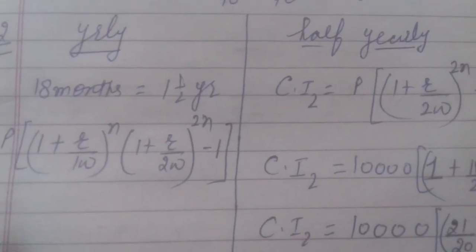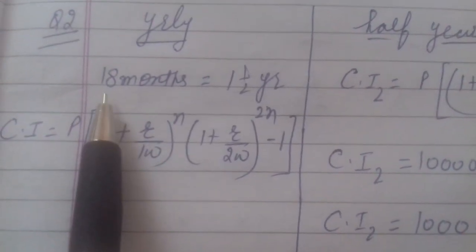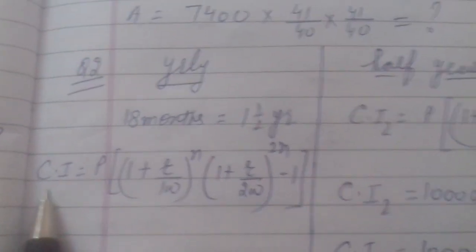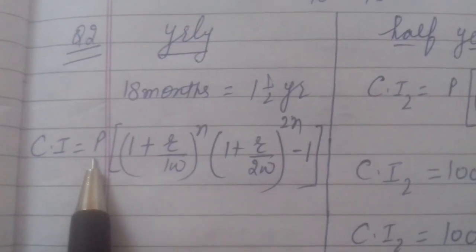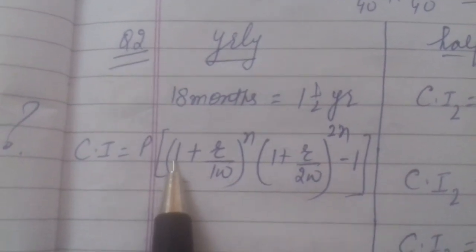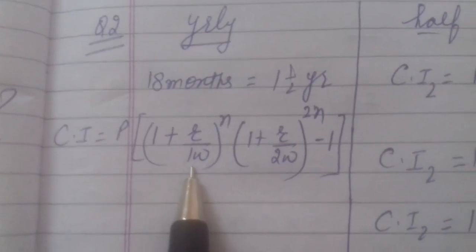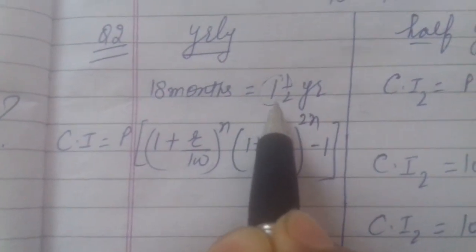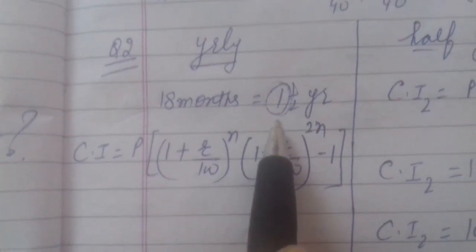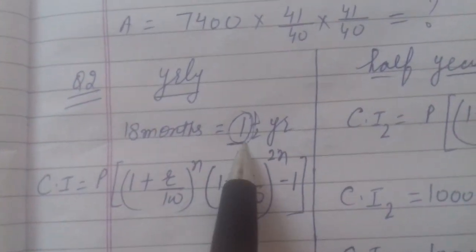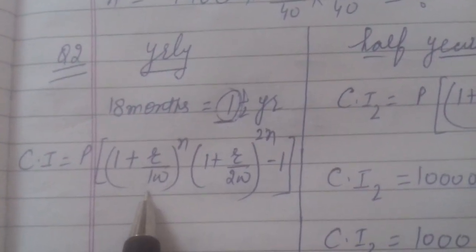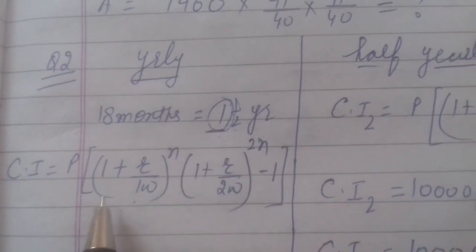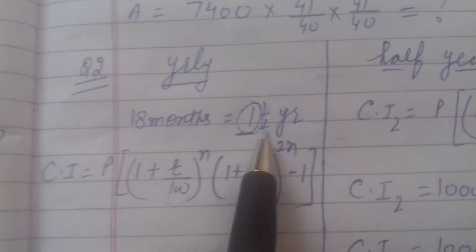Now very carefully listen how to apply formula in this case. As the case is of yearly, and we are asked to find out what? Compound interest. Clear? So compound interest will be P into 1 plus R by 100. Why did I write 100? Because the case is of yearly, and in this time period one complete year is there. This is not creating a problem for us. So for this complete year, the same formula as we applied in the last exercise. Then what are we left with? Another half. This formula is for one complete year, and this is for the half.